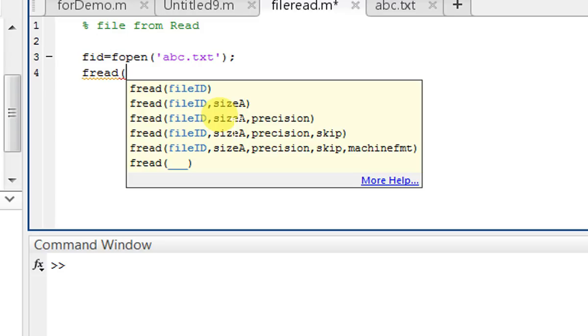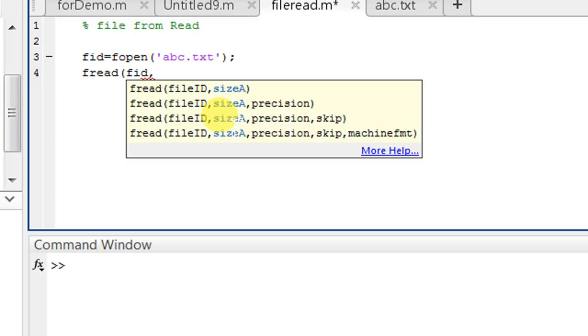So here what is the file ID? Our file ID is FID. Then, for the size, I directly give 100 by 100. So a matrix of 100 by 100, column and row wise, is defined, and we can read that many rows and columns from that file.